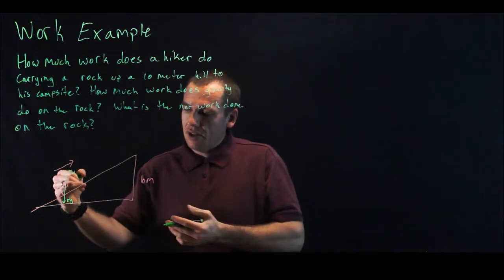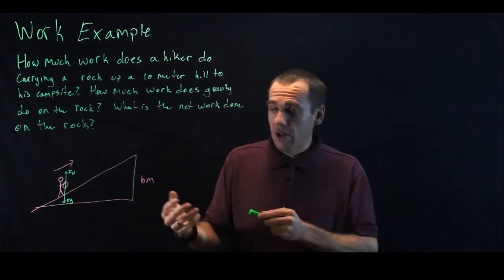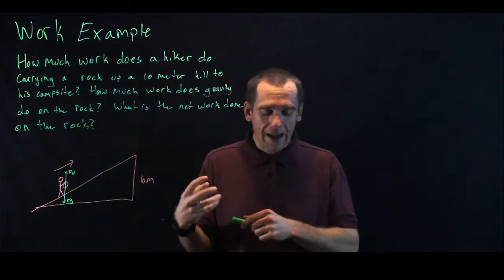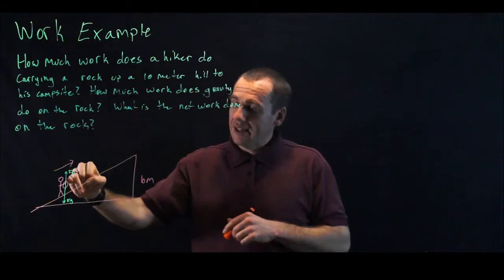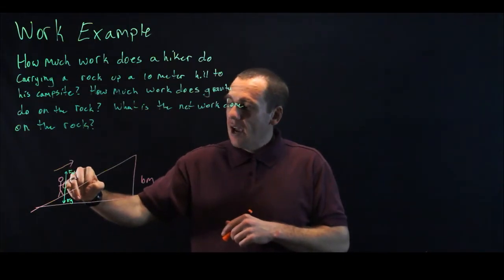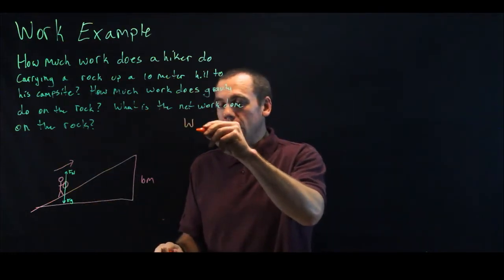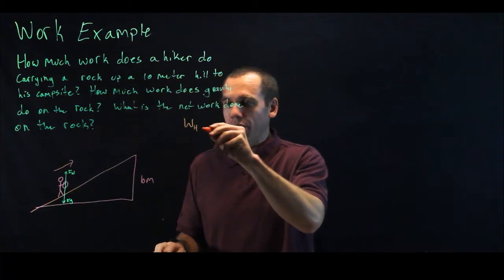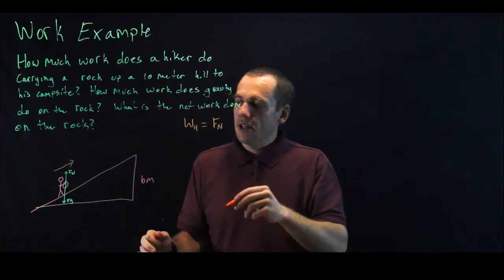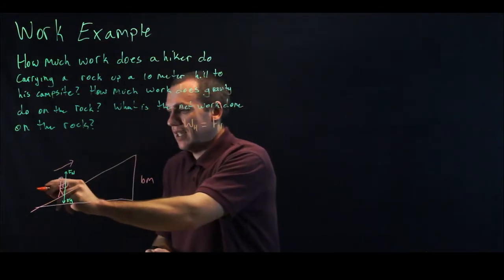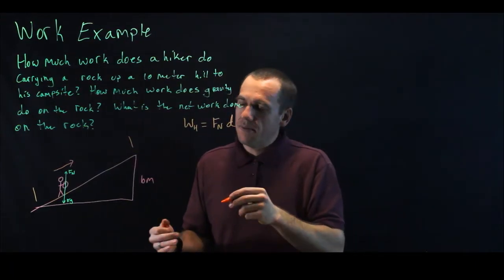But the motion of the hiker is actually along the incline. So that means when we go to apply the work equation, remember work is force times displacement times the cosine of the angle between them, we're going to find the work done by the camper. Now the camper only exerts the normal force, or the hiker I guess, and gravity is pulling straight down. So let's first find the work done by the hiker. I'm going to call that WH. That's equal to the force the hiker exerts, which is equal to Fn, times the distance the hiker walks, which would be the distance from the bottom of the hill to the top of the hill, which would be d, times the cosine of the angle